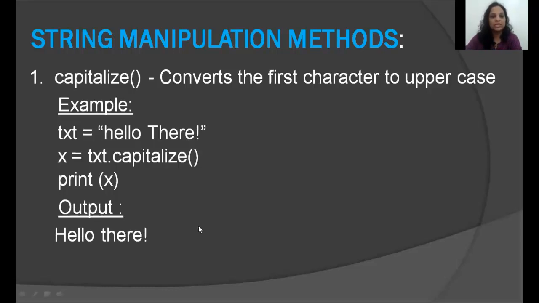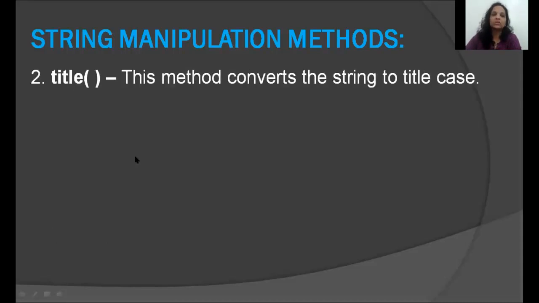So your output is going to look like something that you see on screen. Did you see how we called the function? We wrote the name of the string variable, dot, capitalize was the name of the function, and you saw here it didn't take any parameters, so we did not write parameters. Clear? Okay, let's go to the next function.